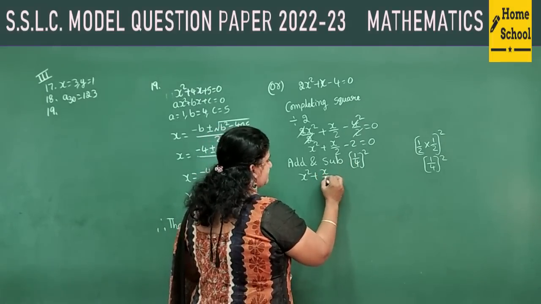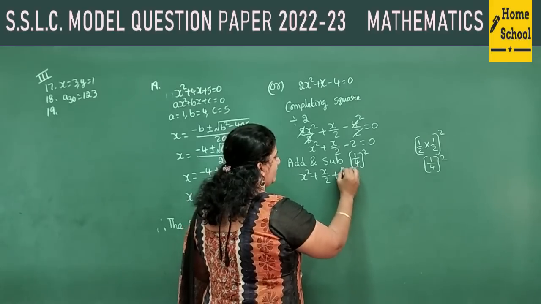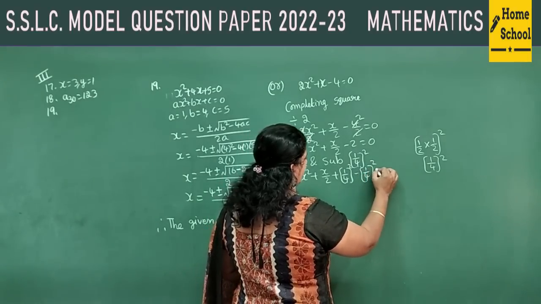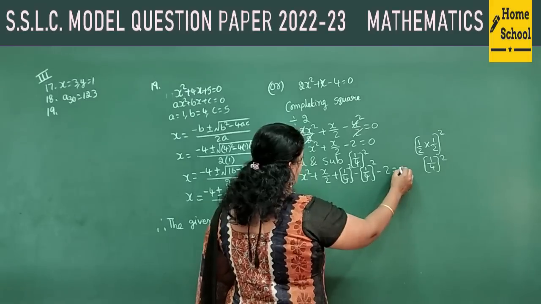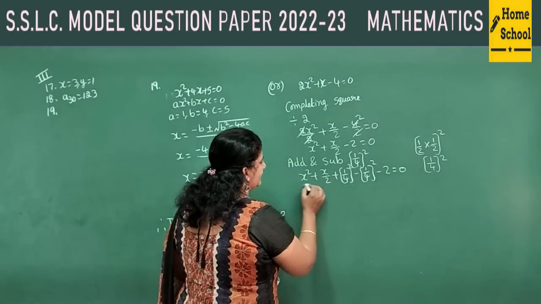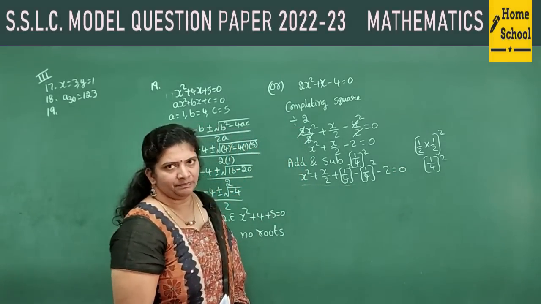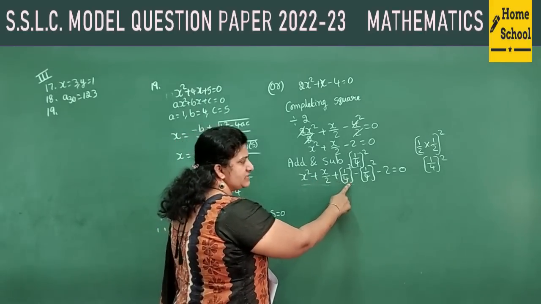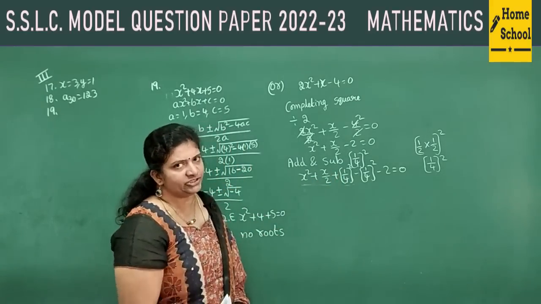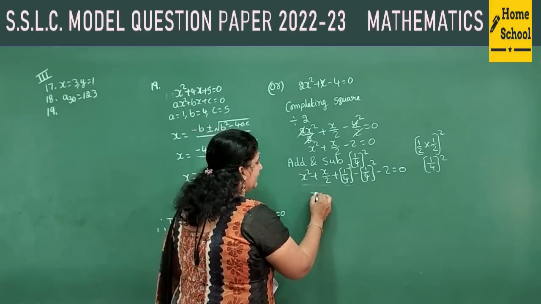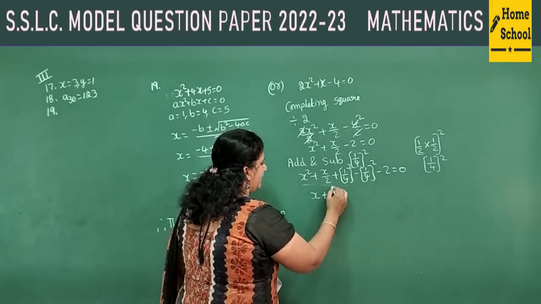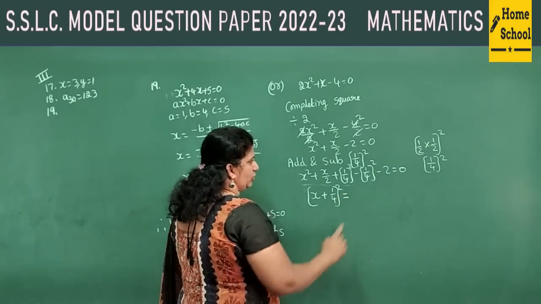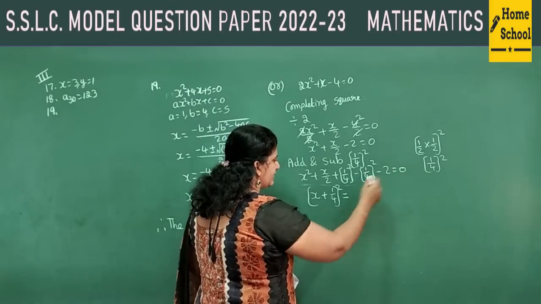x square plus x by 2 plus (1 by 4) whole square minus (1 by 4) whole square minus 2 equal to 0. And now the first 3 terms make a formula. What formula? a square plus 2ab plus b square. If you want you can split and check. Directly I can write it as (a plus b) whole square is equal to, transpose these two other side, 1